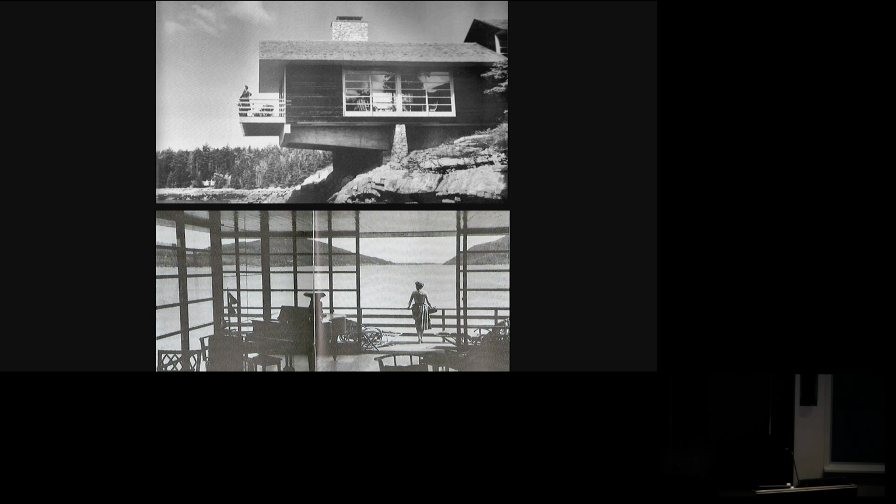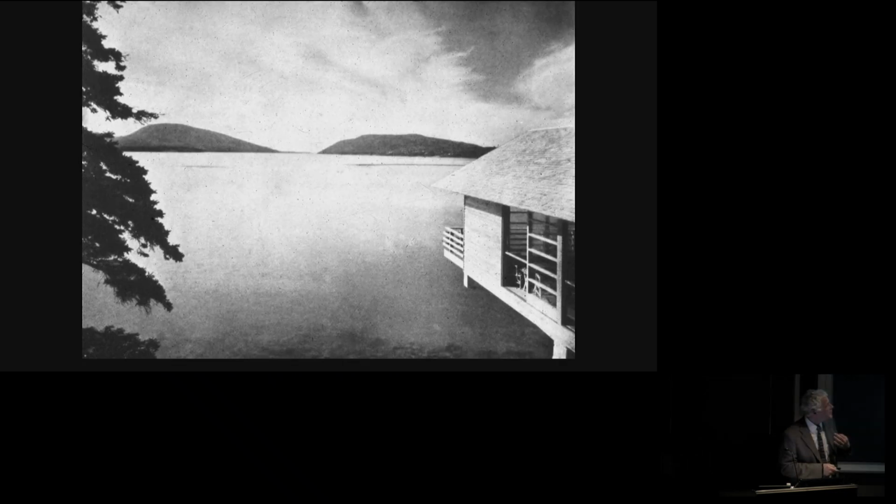Here we can see George Howe's 1939 Fortune Rock House at Mount Desert Island. He actually uses a lot of vernacular elements like this kind of stone base, but he has these big concrete beams, and most prominently, the house has this almost bellows-like element that comes out of the living room and focuses on the view. Again, there's a woman looking at the view, and I show this to you because this is 1939.